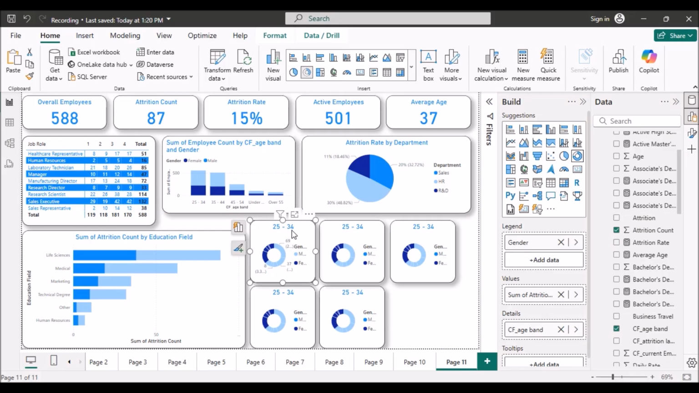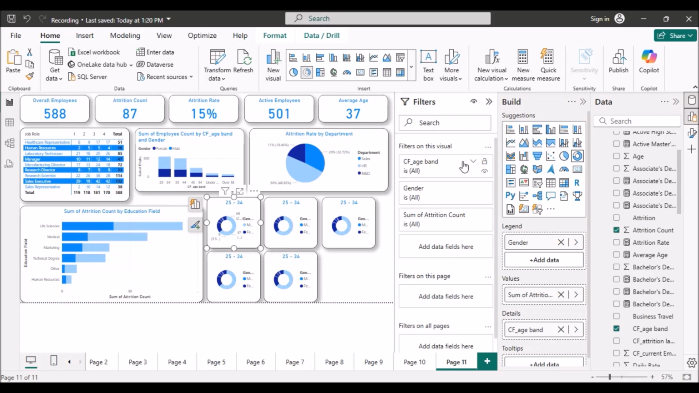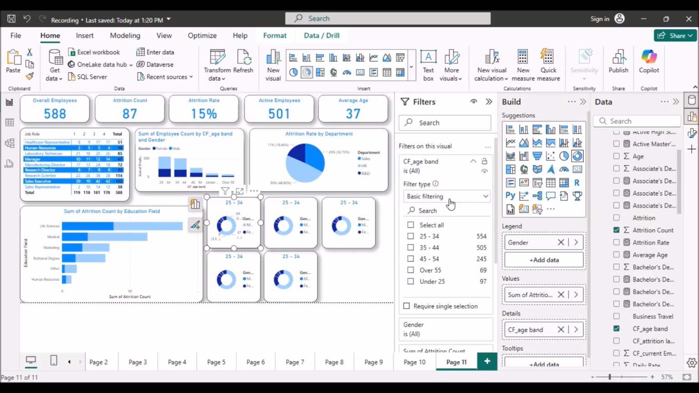Now we'll modify it. Click on the first card. We'll use filter to sort out the male employees and female employees according to their age group. Go to filters and click on the drop down of this CF of age band. Here we need to select the age difference of the employees. First we'll sort it out for the 25 to 34 age group people,